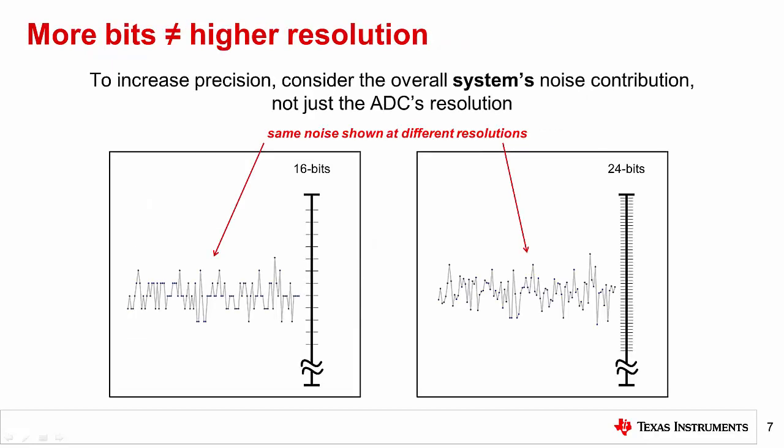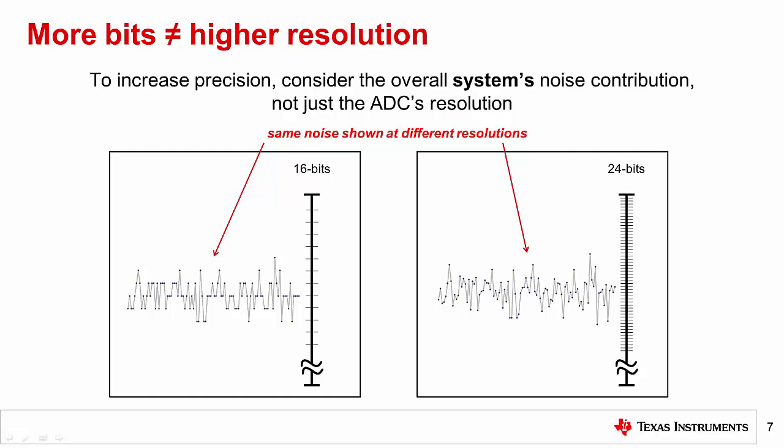Ultimately, it is important to consider noise at the system level, not just the ADC, because the ADC's datasheet only characterizes device-level performance, not the performance of the system in which the ADC is used. So, while you may attempt to use a low-noise, high-resolution ADC to get the best performance for your system, the ADC might not be the weakest link in your signal chain.